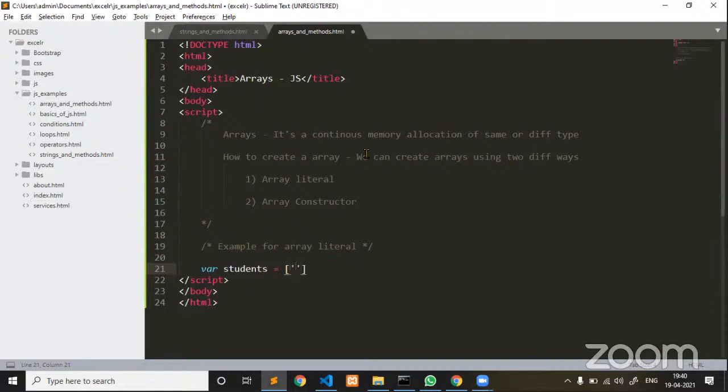Now you see here: Sachin, Dravid, Saurav, just a few examples I'm giving, Lakshman. Now it's a continuous memory allocation of the same type here.